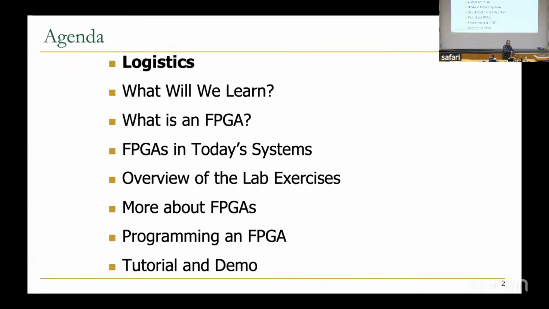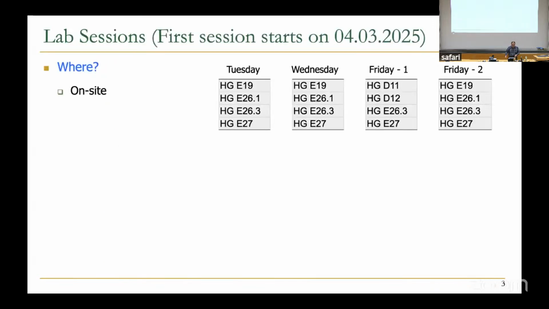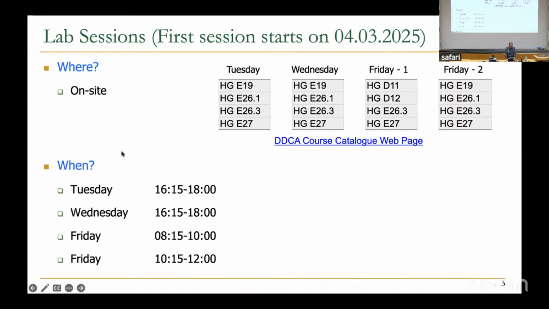Okay. So we're going to see the logistics first. Our lab session is on site and we have 4 days. This information is already known to you, so I'm not going to bore you. Basically we have these times and also these rooms. Just make sure that on Friday, the first session, we have different rooms. So this should be easy for you to cover. And the first session is going to be next week on Tuesday, so make sure you attend, I mean, those people that are going to attend the Tuesday session, essentially.